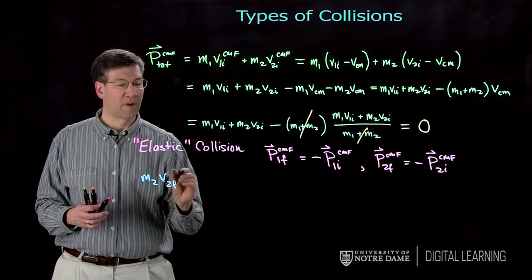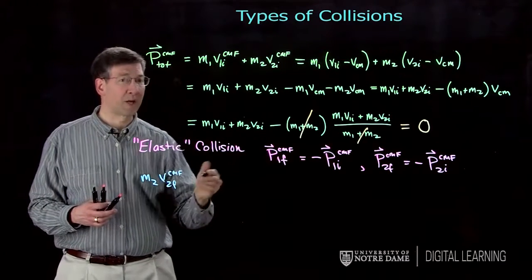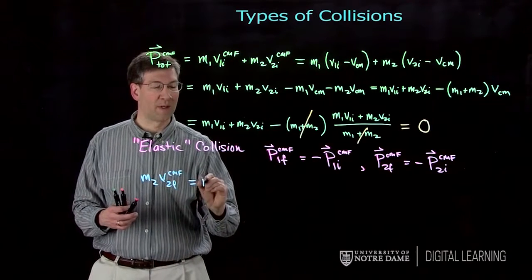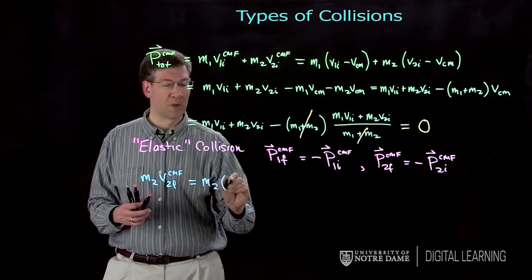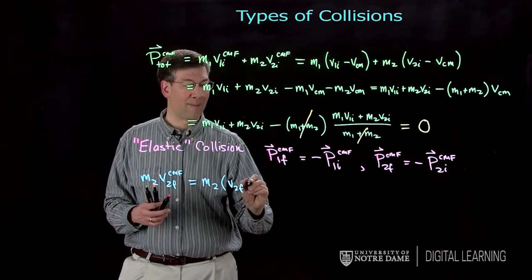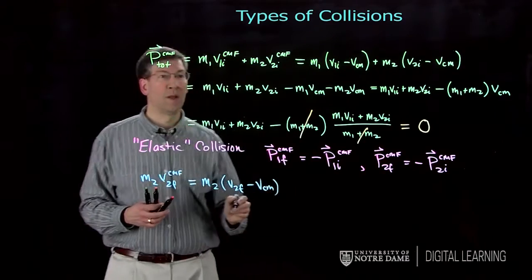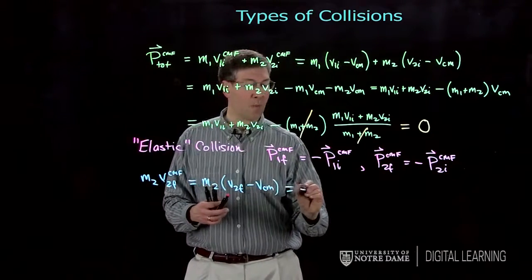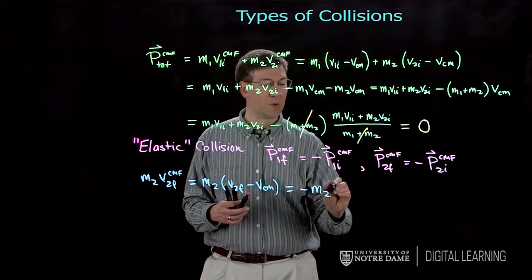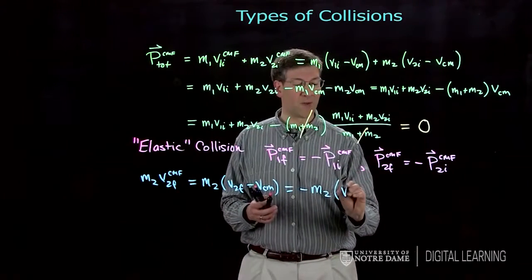Mass 2 times v2 final in the center of mass frame, let me use that expression that we did for transformation of velocities. So that's equal to mass 2 times v2 final in the lab frame minus the velocity of the center of mass. This has to be equal to minus mass 2 times the initial velocity in the center of mass frame, which is